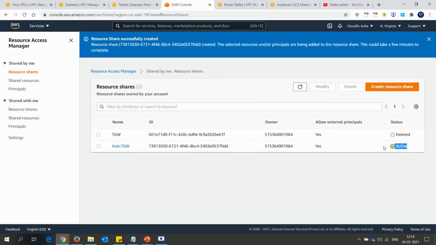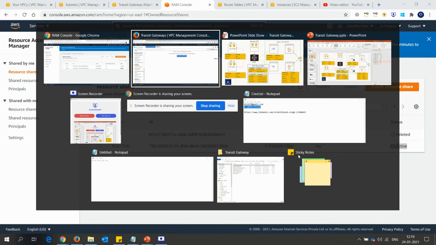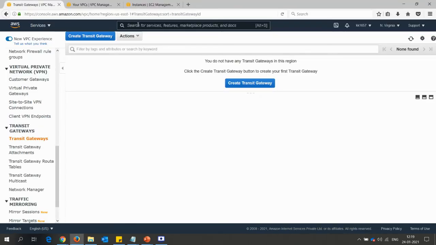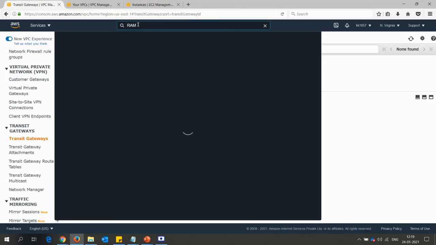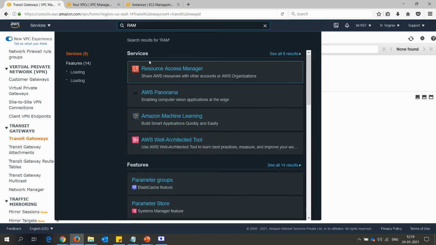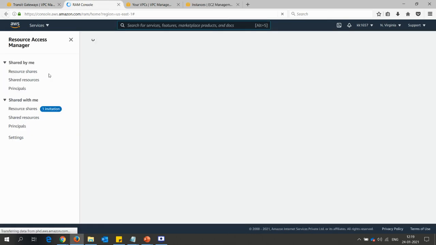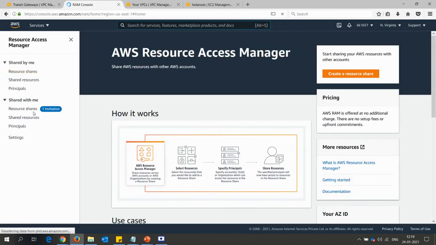It's active. You can see one is deleted, which I have used previously, and the other one is active. Go back to your remote account, open RAM under this account as well. You can see there is an invitation. It is saying one invitation, which is shared with me. Click here,